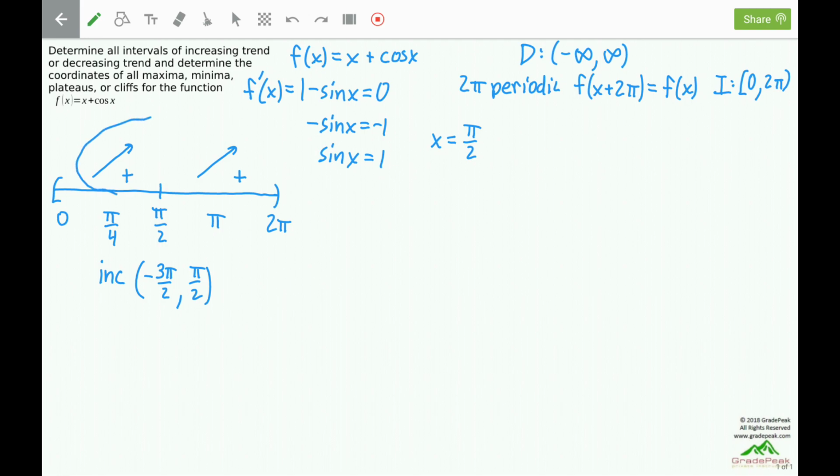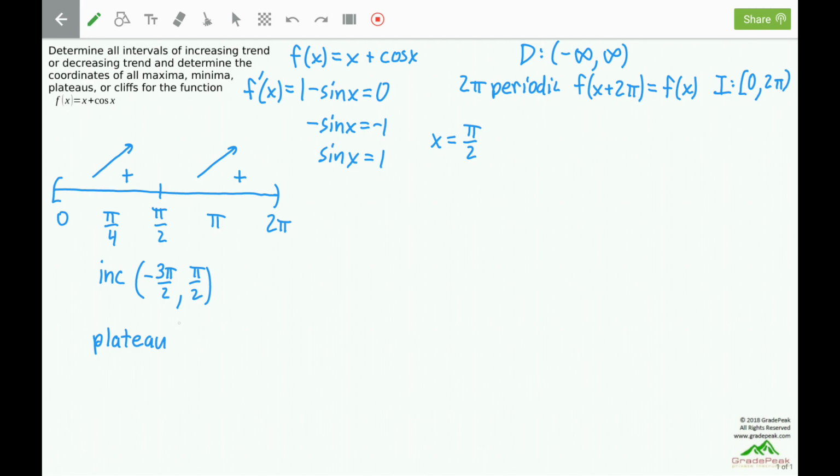Right at the critical number of x equals positive pi over 2, we have the trend on the left increasing, the trend on the right also increasing, so the trend is not changing, but it is a critical number, and if we have a critical number where the trend does not change, and it came from the numerator, that will make it be a plateau. So we will have a plateau